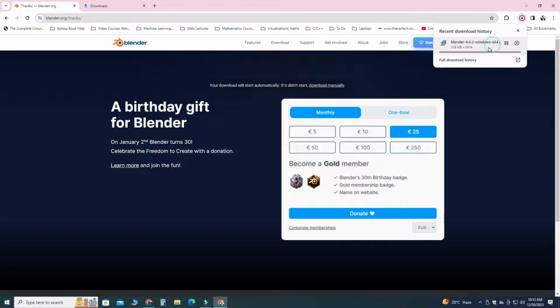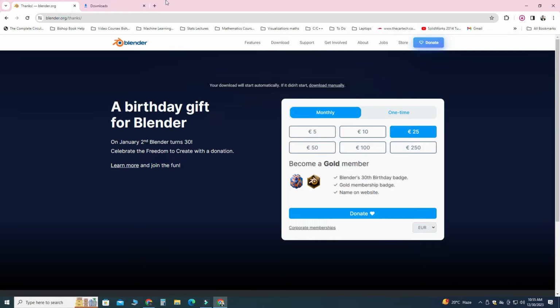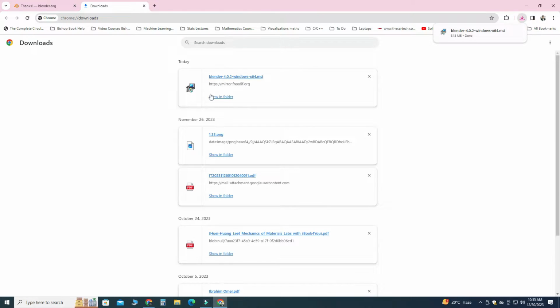So here you can see that my download has completed, and now I will install my software in my PC. Okay, so I'll go to show in folder. I'll click here,